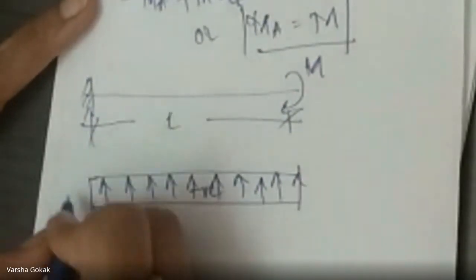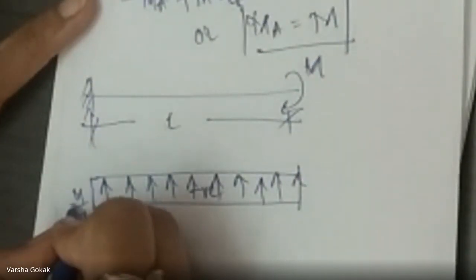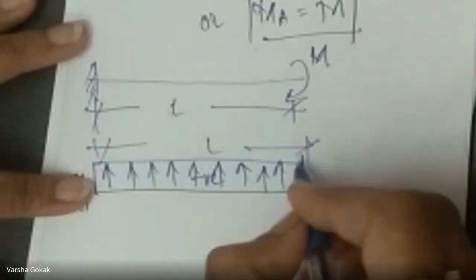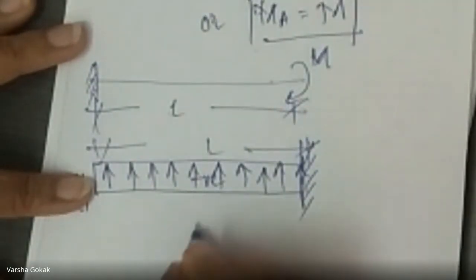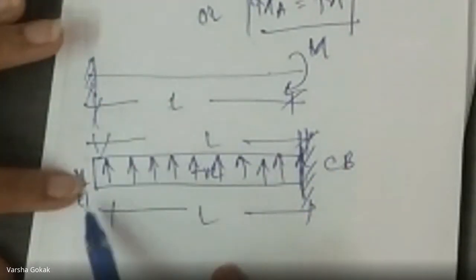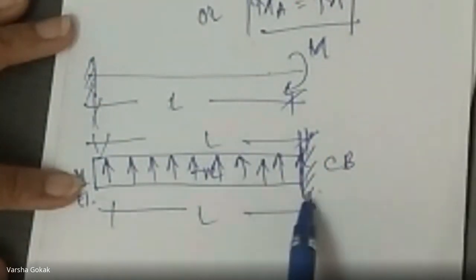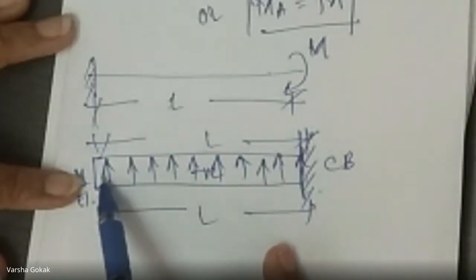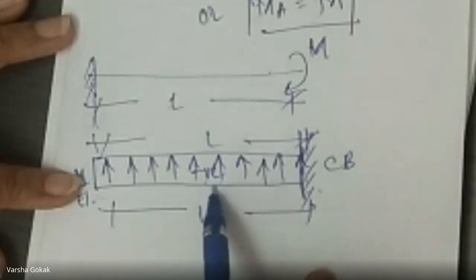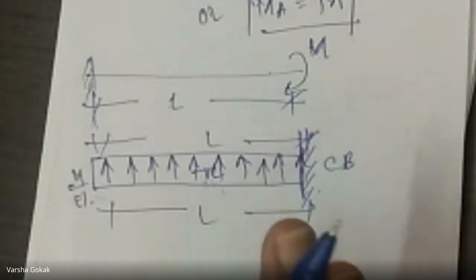Right? Now, what is the value of this? M by EI, minus M by EI, and this L remains as it is. So this is the bending moment diagram. If I want to draw the conjugate beam here only, the fixed end becomes free end and the free end becomes fixed end, like this. This is the conjugate beam, wherein fixed end became free, free end became fixed. L is the same. The magnitude of moment is going to be M, and it is a negative bending moment for this beam. So I will show all the arrows upward, in one diagram only.